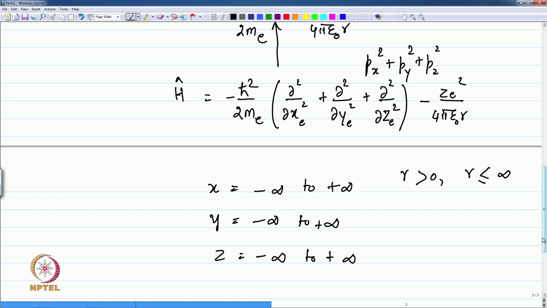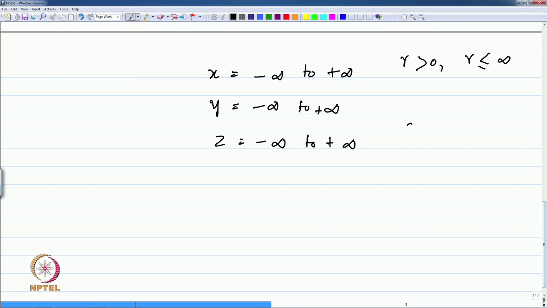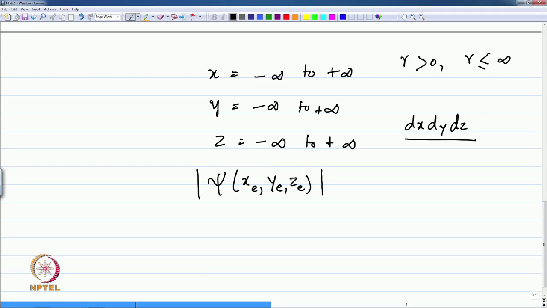So this is the three-dimensional region and the volume element that we talk about for the particle. For the electron, the volume element is dx dy dz, and then the probability is the absolute square of psi of xe, ye, ze times dx dy dz as the probability of finding the electron